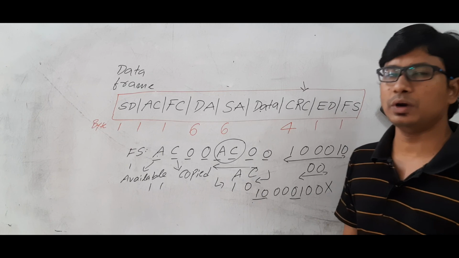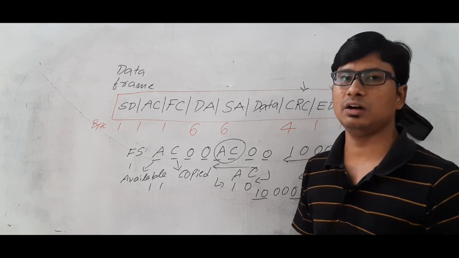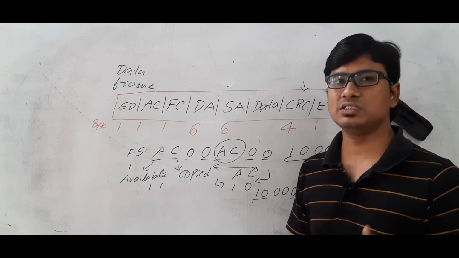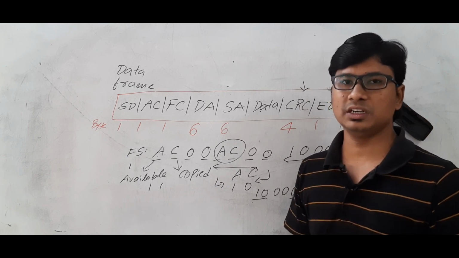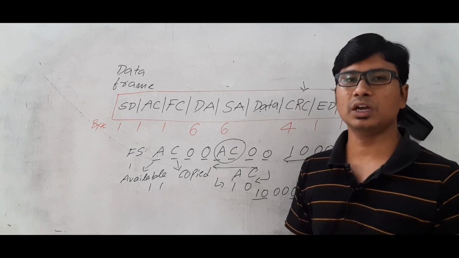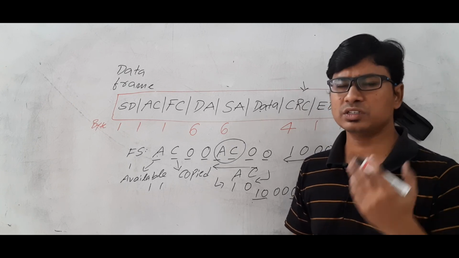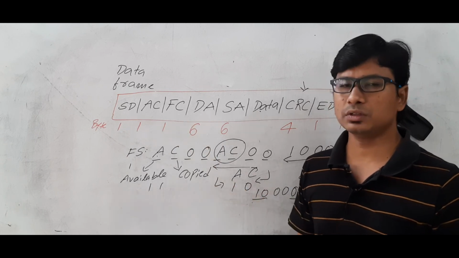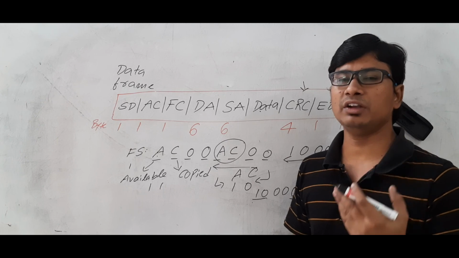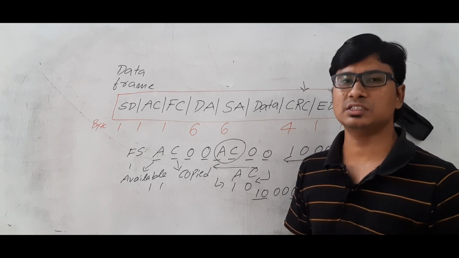So I hope you have understood what the token frame is and what information it carries, what the data frame is and what information it carries, and what the packet frame format is for the token frame and the data frame. If you still have any doubts related to this concept, feel free to ask me in the comment section. I will try to clear your doubts in less than 24 hours.